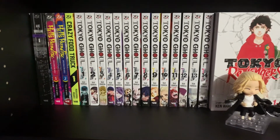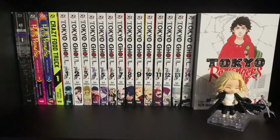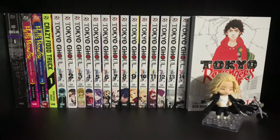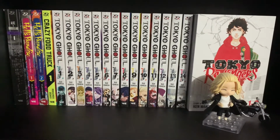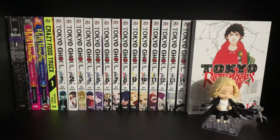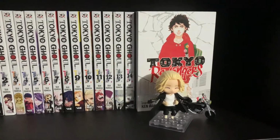Crazy Food Truck, I don't think I'm gonna finish that one. I think I'm actually gonna sell that copy. I was not super into it, and it's not because of the fan service. I don't care about fan service. It does not deter me from a series. I just didn't quite like the story enough to finish it, even if it is short. So not for me. Moving on, Tokyo Ghoul, I have 1 through 14, and then Tokyo Revengers, just the one